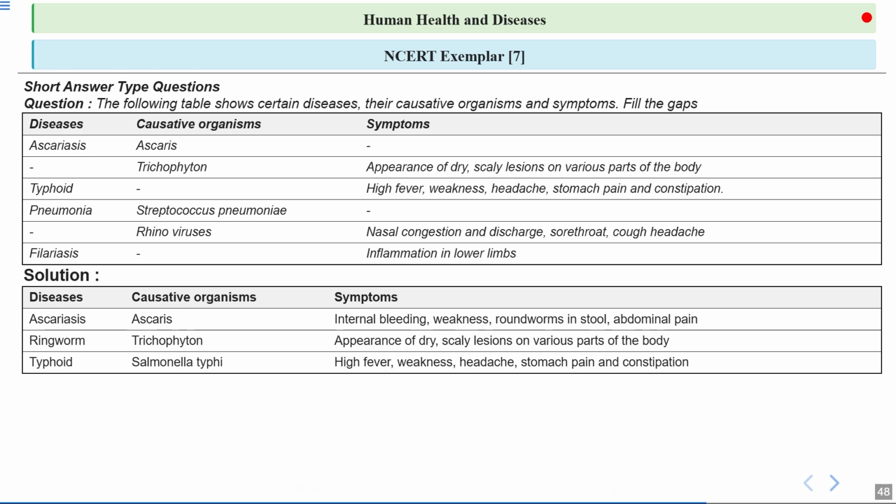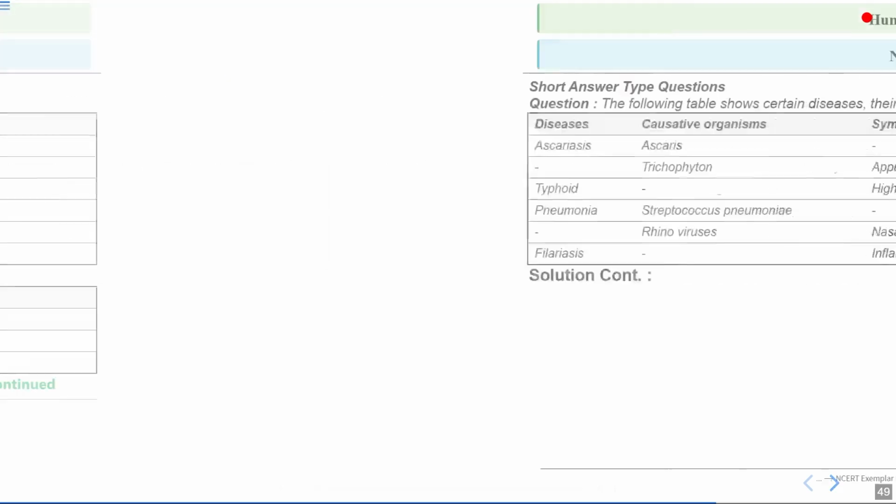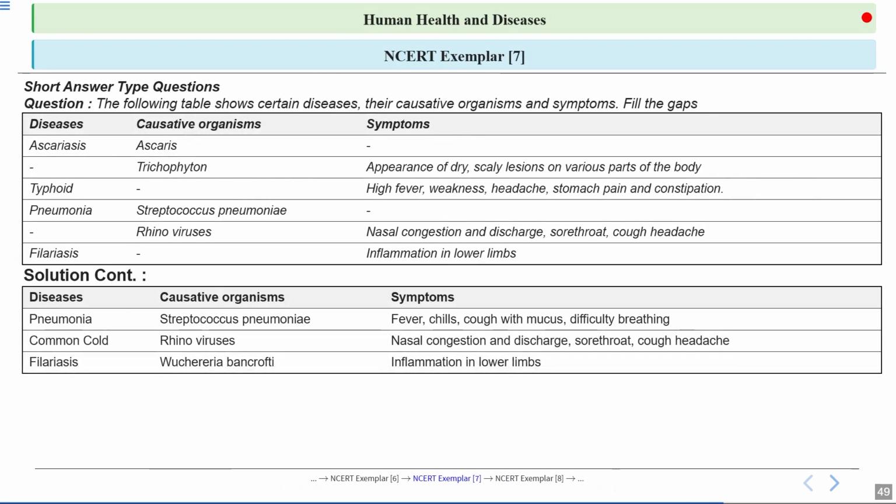Then typhoid is caused by the bacteria Salmonella typhi. And symptoms are already given: high fever, weakness, headache, stomach pain, and constipation. Now, pneumonia. This is caused by Streptococcus pneumoniae. And the symptoms are given: fever, chills, cough with mucus and difficulty in breathing. Then common cold, this is caused by rhinovirus, and the symptoms are nasal congestion and discharge, sore throat, cough, and